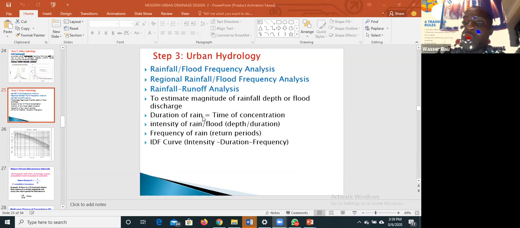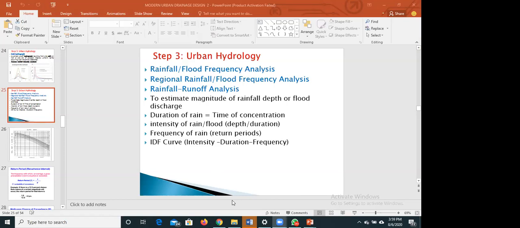So in doing your rain intensity, you must use the rain within, normally in the standard, we use 15 minutes. We talk about 15 minutes rain. You must use between 0 and 20 minutes, because if you have been observant, that is when you have the highest intensity of rain. Between the first 10, 15 minutes, you have